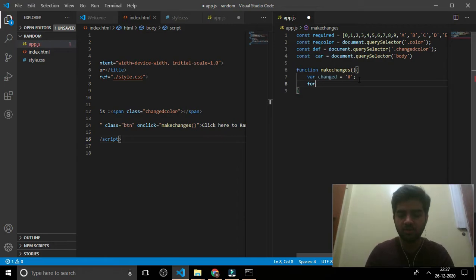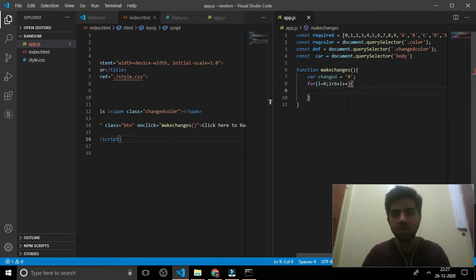Now I'll declare a for loop with i initialized to 0, i is less than 6, i plus plus. Why is this for loop declared like this? Because every color in CSS, I mean hexadecimal code, is a 6 string code, right? So we need a for loop which loops itself 6 times.